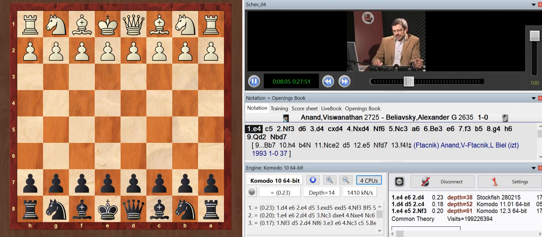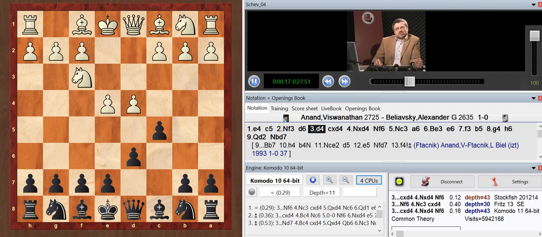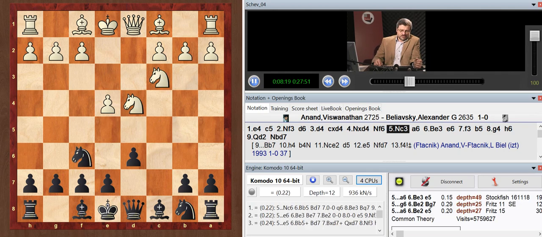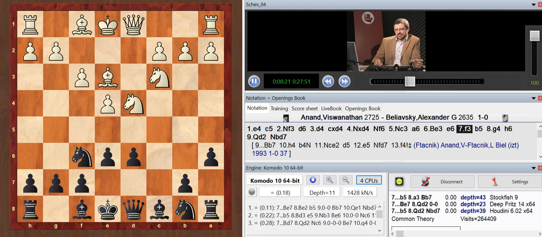The next game is also very interesting, and it shows some progress. Anand is playing again with white, and he decided to use a different retreat this time.